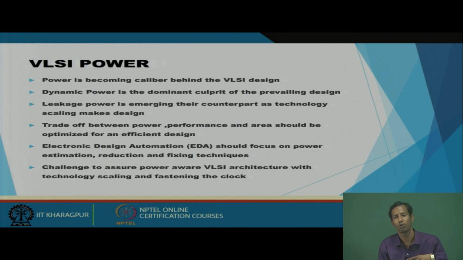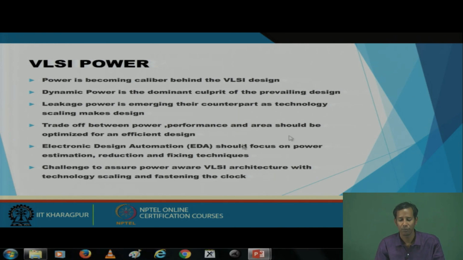That means you do not have to bother about needing this architectural optimization. Whatever the EDA tool designer can do manually, they have tried to do automatically. That means the logical optimization, if I know this is the logic to do the logical optimization,